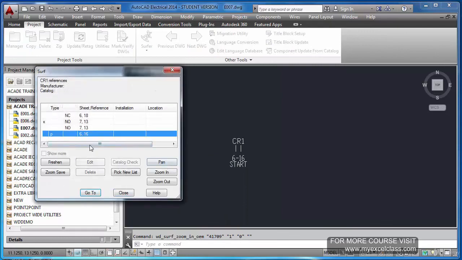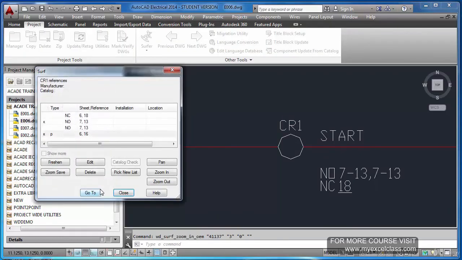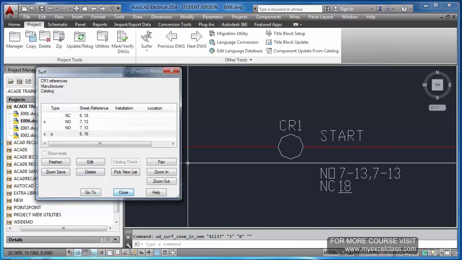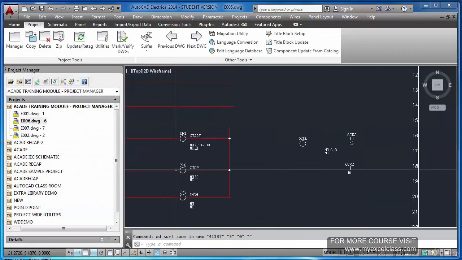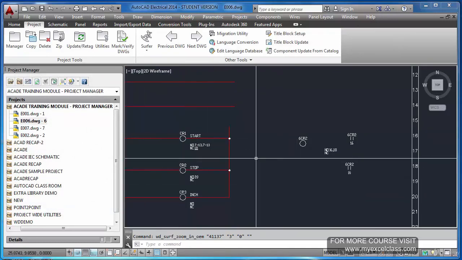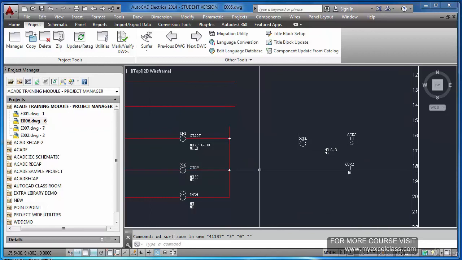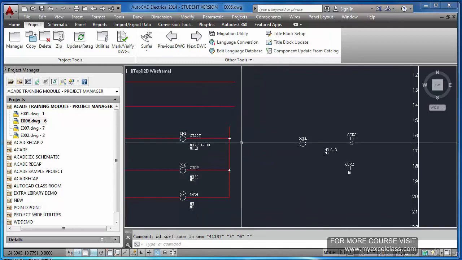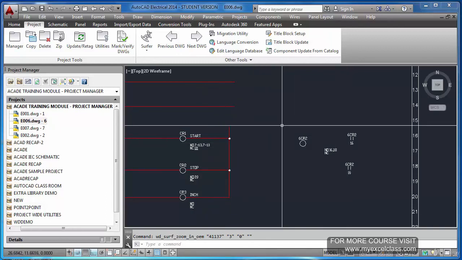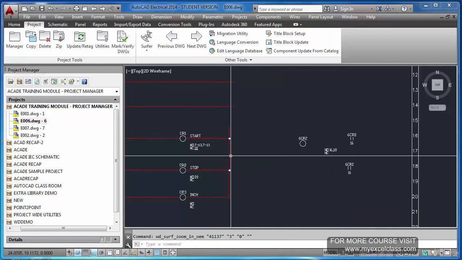And again, if you want to go back here, go to that particular CR1 coil. We have this piece for parent. Coil is here. The rest contacts are as child. In this way you can move from here, one sheet to another, and from there return back, delete, edit, all these options are here. This is another beauty of AutoCAD Electrical. From one sheet you can cross check many sheets. You don't have to go and open those particular sheets individually. From here you can navigate to other sheets. You can delete those components, you can edit those components, you can come back to the same sheet.